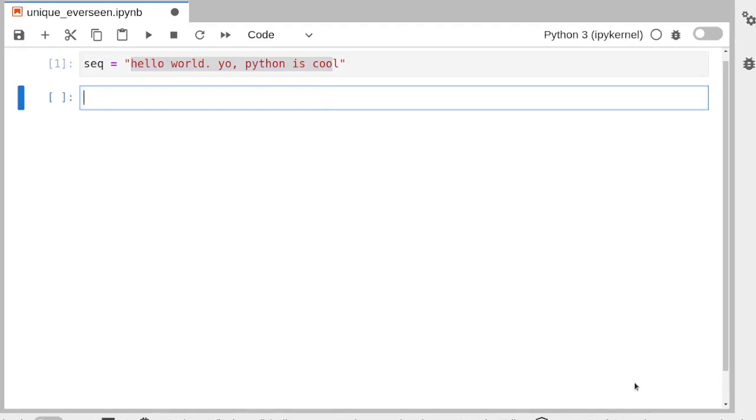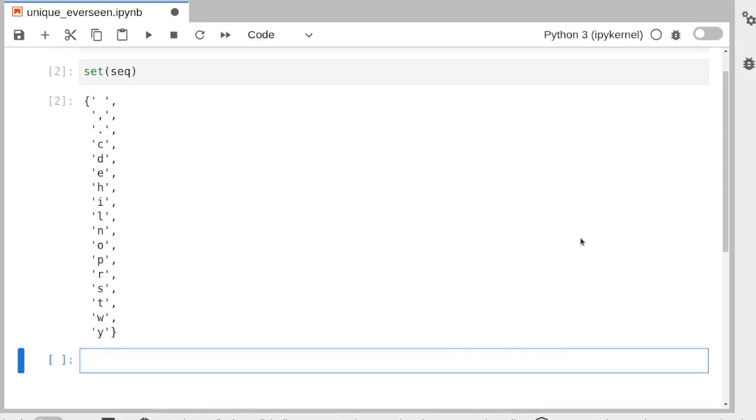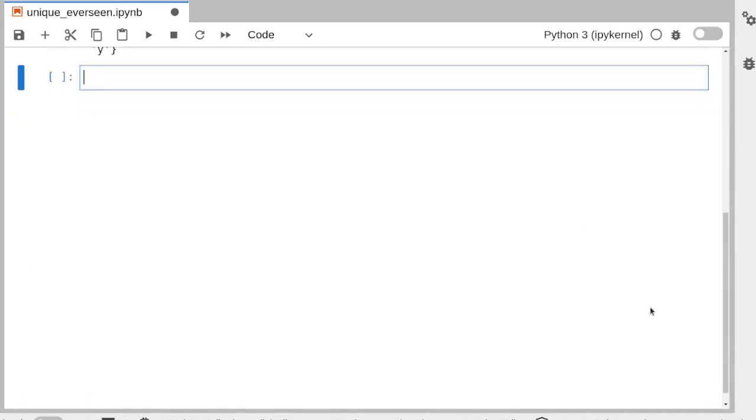So the first kind of naive attempt would be to turn that into a set, and just because of how sets work in Python, that basically would not work because the order is not guaranteed to be kept, and as we see, the output is pretty much always completely scrambled. And so what we could do is